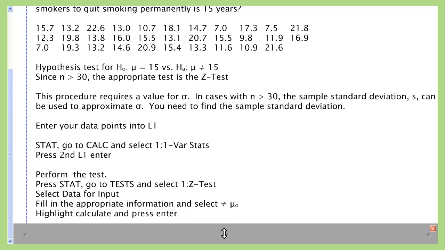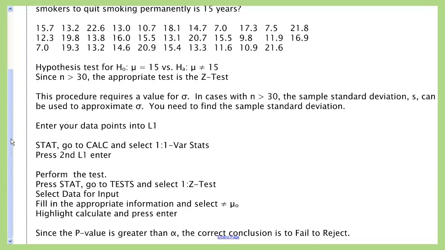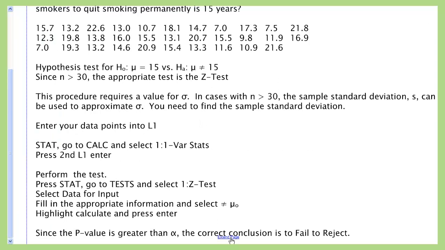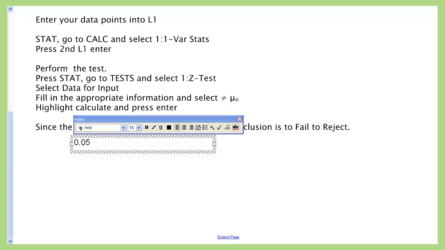So now we're going to go back here, and since the p-value is greater than alpha, because my alpha, when I look at this problem, is 0.05, so here's alpha, and I'm comparing that to 0.827, and it's greater than. So I know that I'm going to fail to